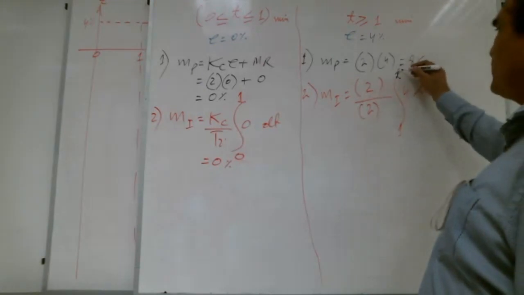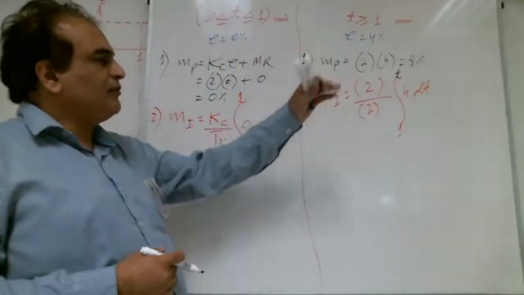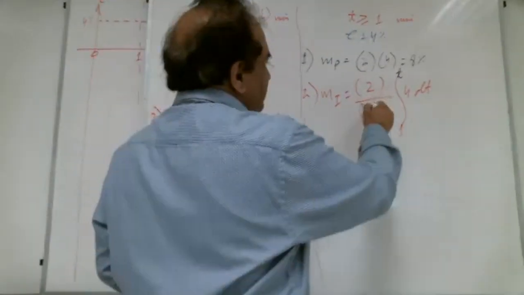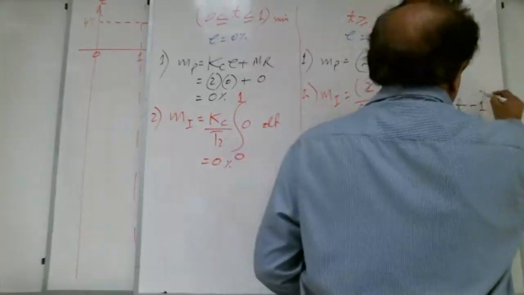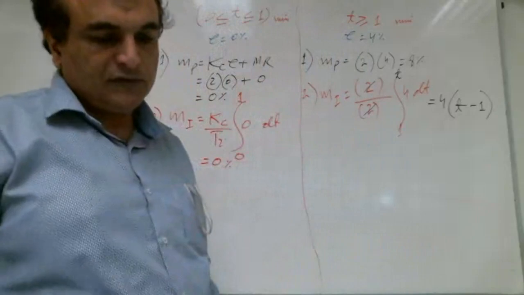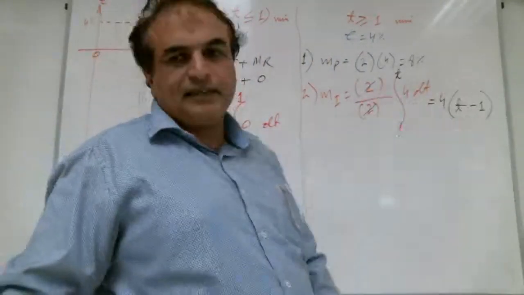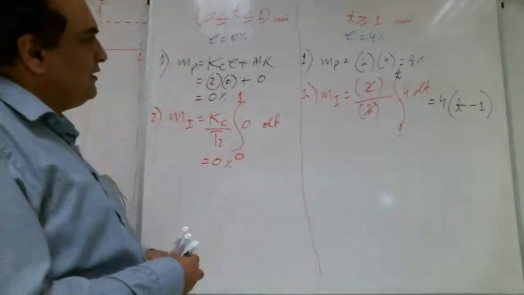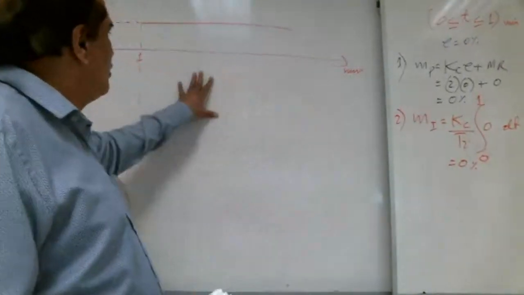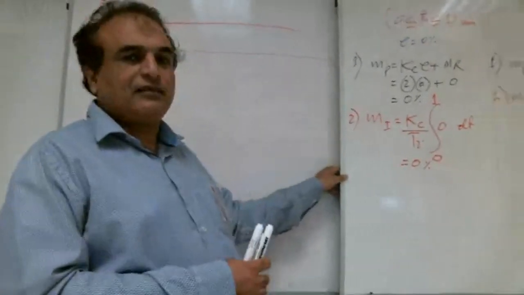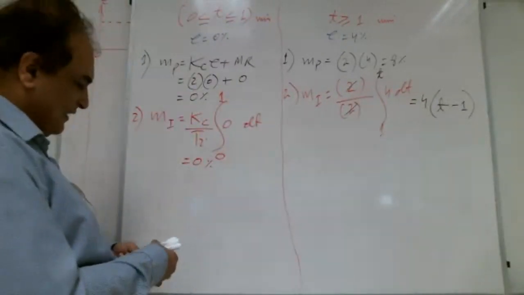Very good. We still don't know this one, so we put T. This will cancel with this one, and the 4 will come out. T minus 1. Right, Shabab? This 4 we take common, T minus 1. Up to here we are doing mathematics. As soon as we move from this color to here, it is basic mathematics. It is not industrial control.